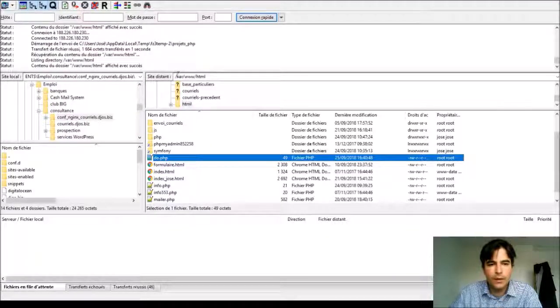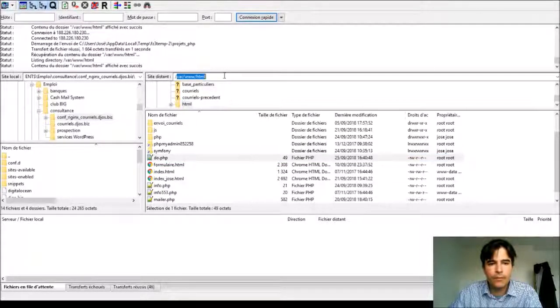web server. So here I'm connected to a DigitalOcean droplet, and I'm connected as root, so I can go in the etc Nginx folder.